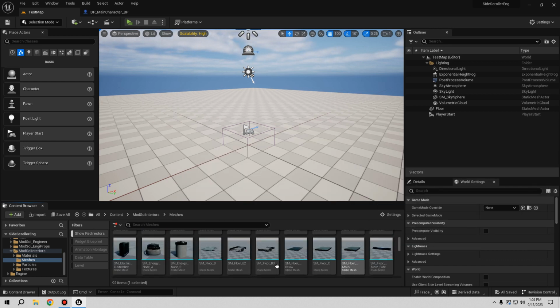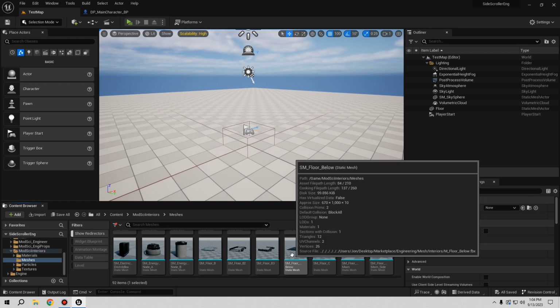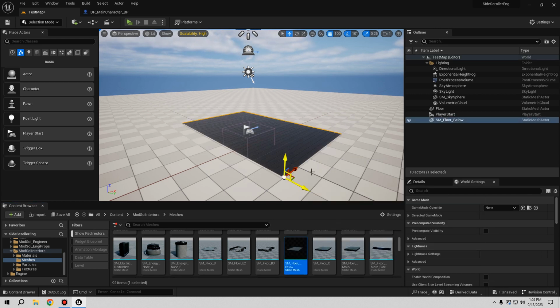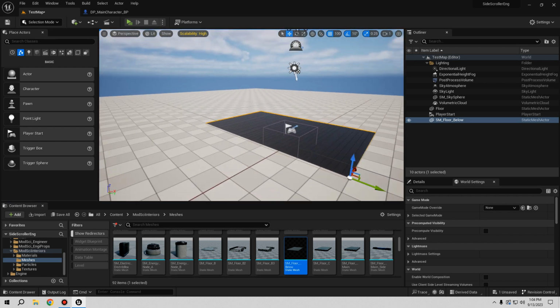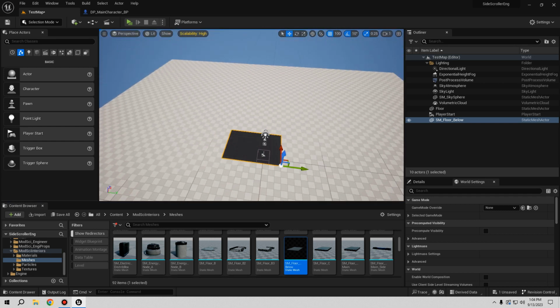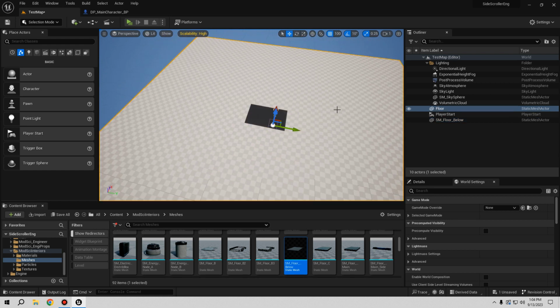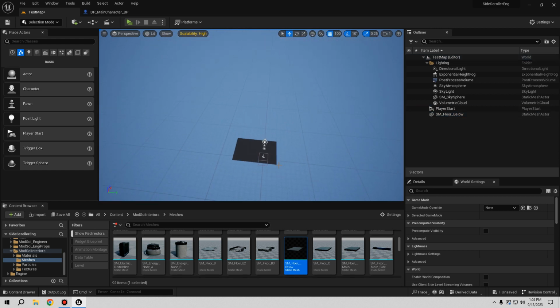So let's create some floor. This is the floor, right? Let's drag this to see how it looks. For me it looks fine enough. Okay, so I'm going to leave this here. Let's open this and delete this one. We don't need that kind of floor. Okay,